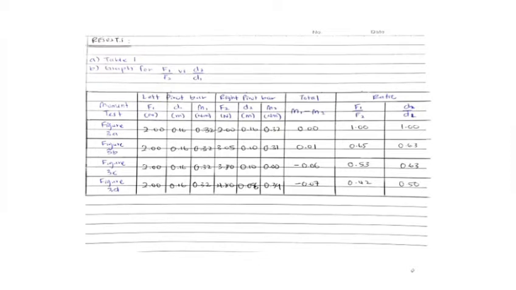As the table shows, in figure 3a the ratio between F1 over F2 and D2 over D1 remains the same, while in figure 3b the ratio for F1 over F2 is 0.65, bigger than D2 over D1, which is 0.63. After that, figure 3c has a ratio of 0.53 for F1 over F2, but 0.63 for D1 over D2. Lastly, in figure 3d, the ratio of F1 over F2, which is 0.42, is smaller than D2 over D1, which is 0.50.